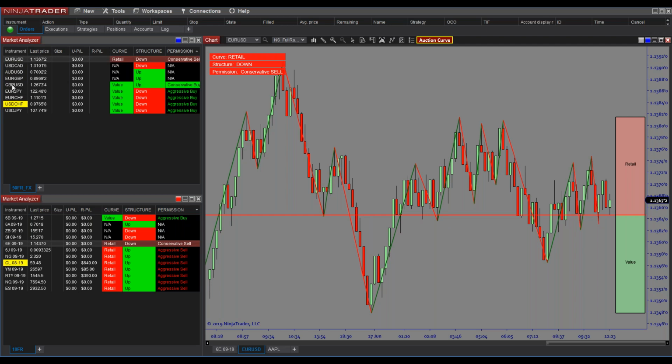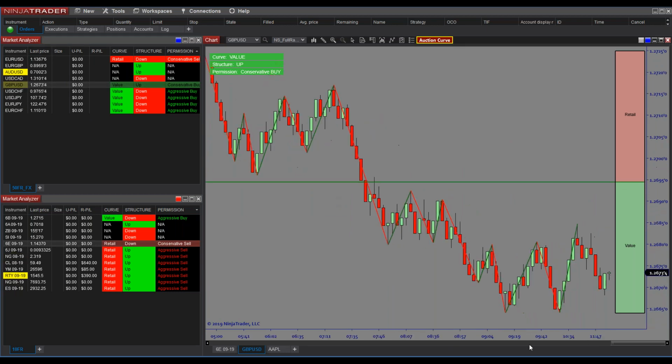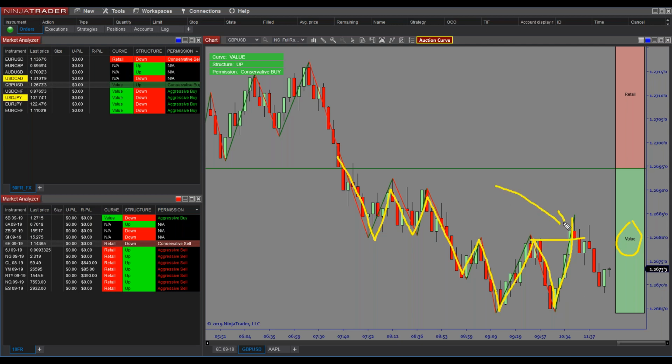Let's take a look at this one here, the British Pound USD. Interesting. This is an interesting read right now. We're in cheap price territories. The market was coming down, coming down, coming down. It put in a low and took out the highs. That right there tells a story about what the market is doing. It tells me that buyers are in control at the lows right now, and the sellers are drying up.